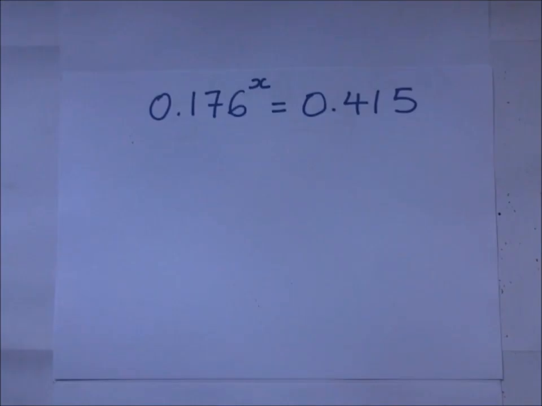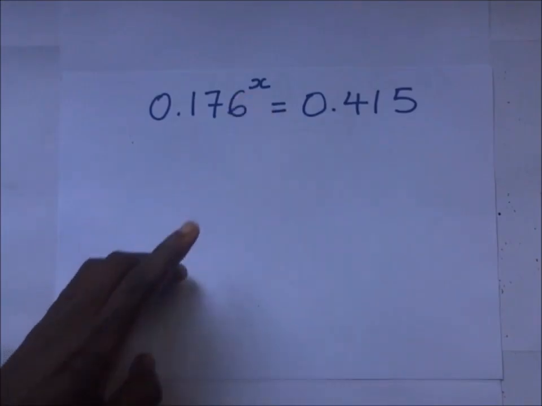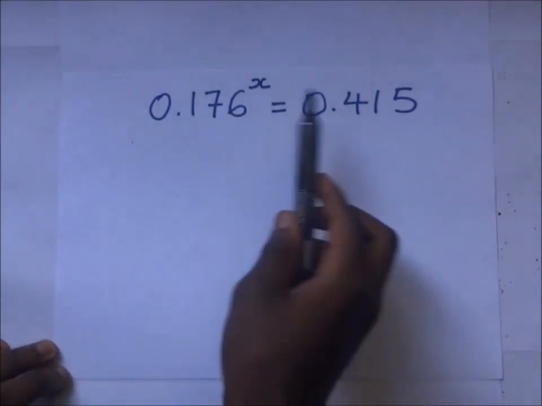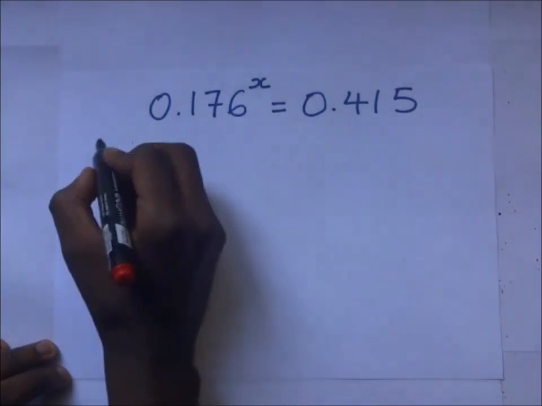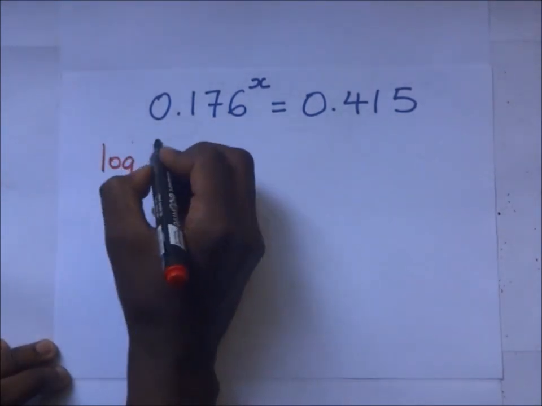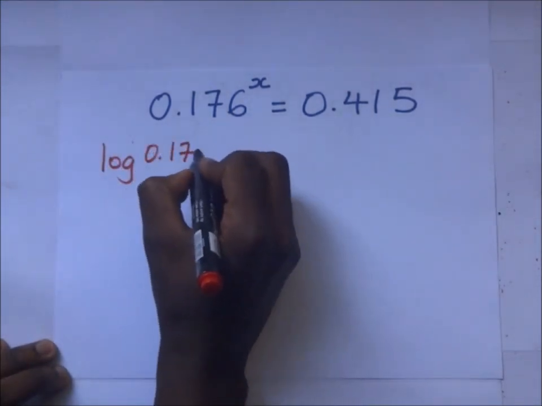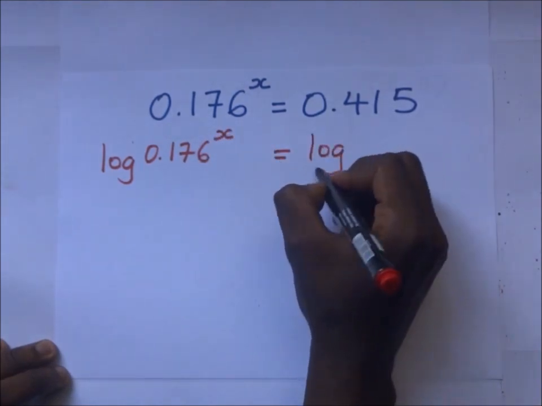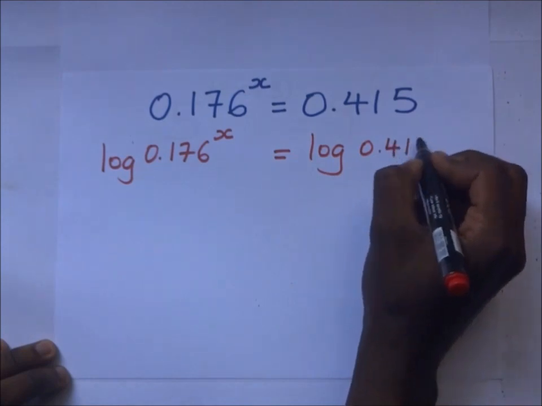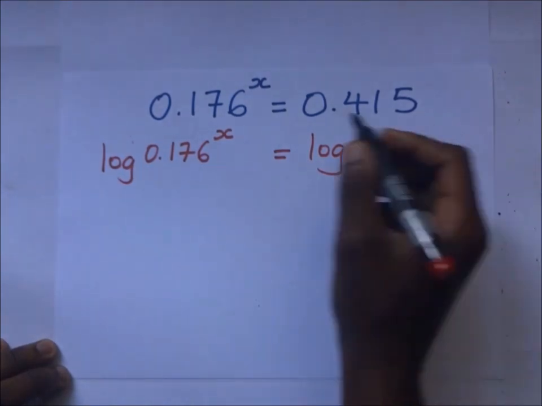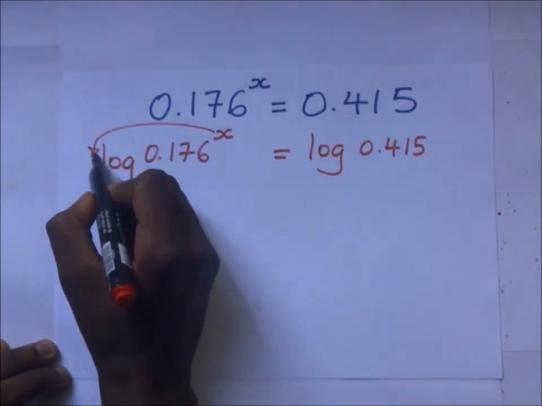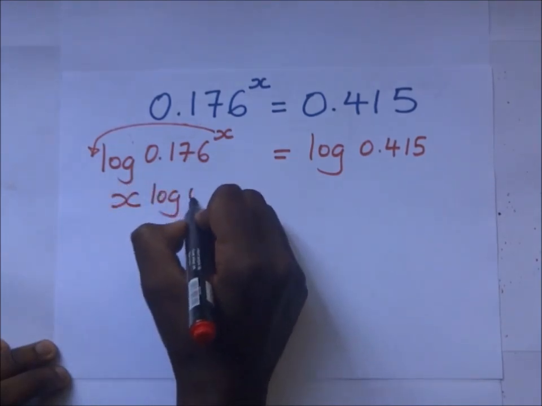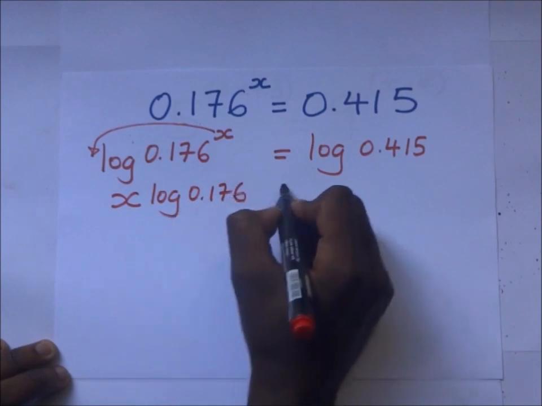Still, we are required to use logarithms to find the value of x here. We are going to do it like before. We are introducing logarithms to base 10 on both sides of this equation, so it's going to become the log of 0.176 to the power x is going to give us the log of 0.415. So this value of x gets there, so it becomes x times the log of 0.176 being equal to